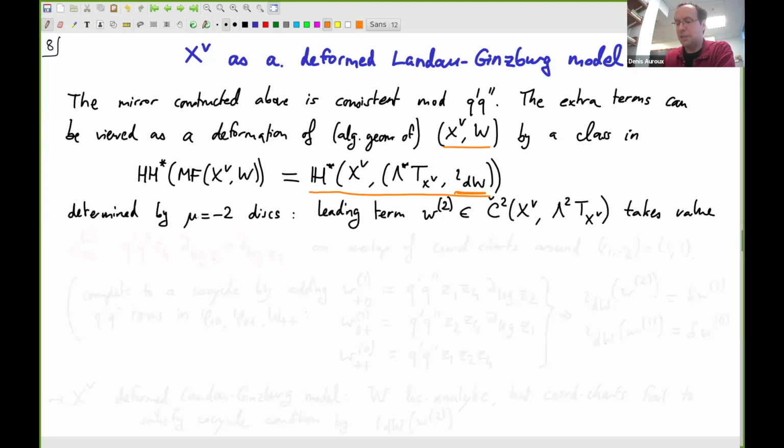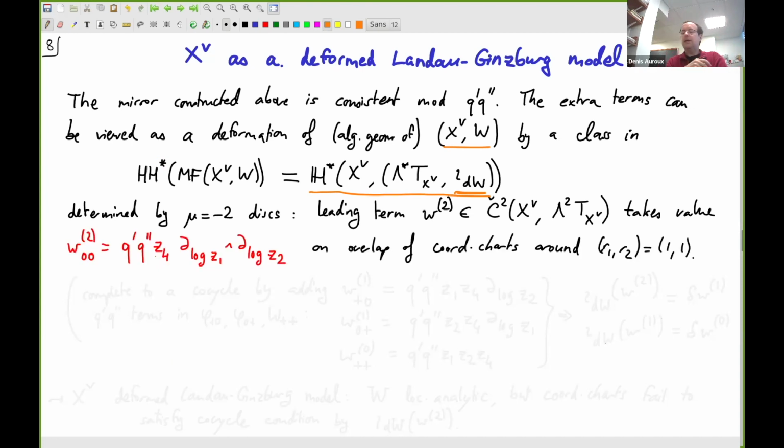And so the deformation class we want is a class, in fact, in HH4 if we use the correct... No, sorry. Let me not tell you what degree it's in, because I don't want to tell you what the grading is. Anyway, so the leading order thing is a term in